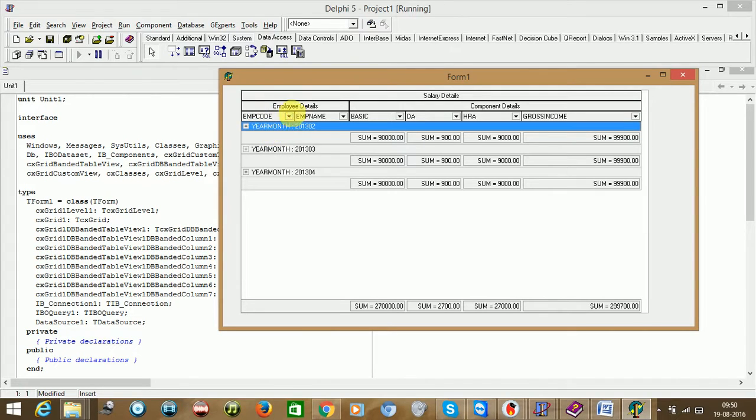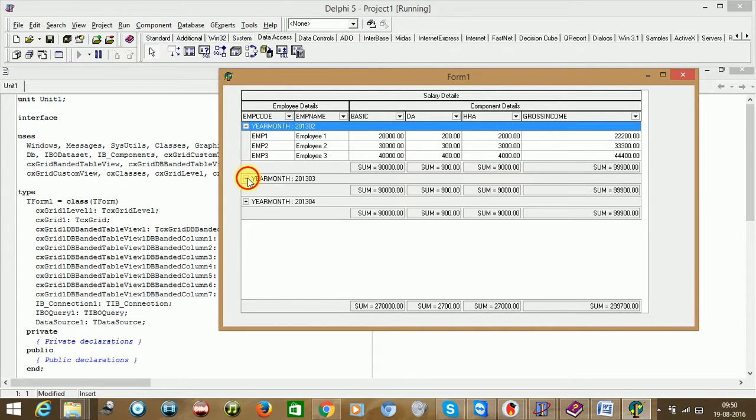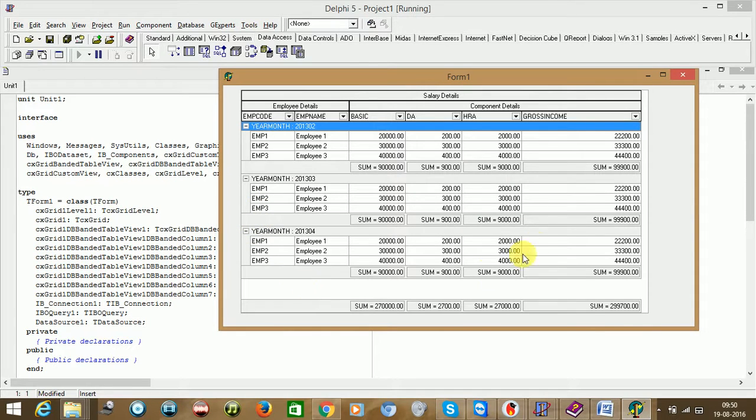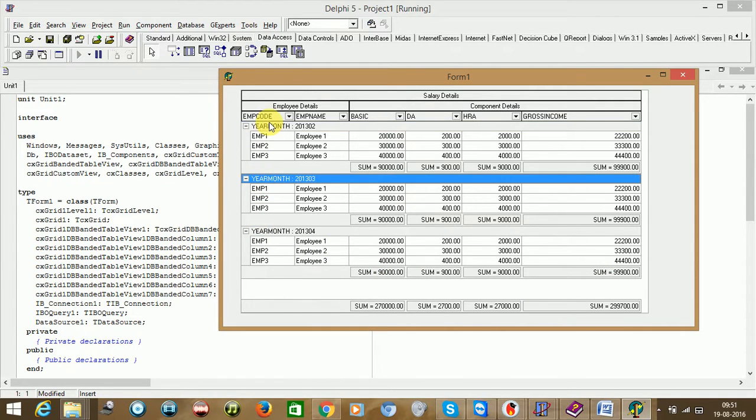Close. Oops, sorry. And run the application. Yep. In the employee details, only employee code, employee name, as you see. So this is the easiest way when you have a fixed number of columns, and without writing a single line of code, you can still display the required data like this. This is a footer summary, this is a group summary, and grouping we have done based upon the year month.